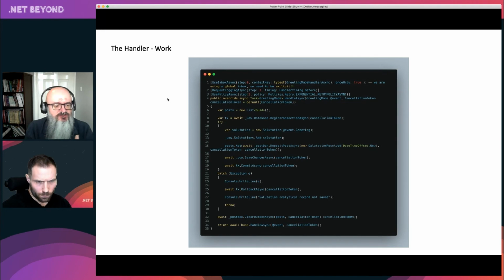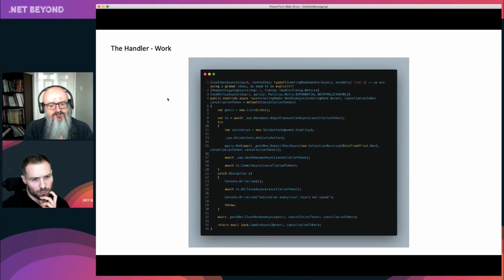Now here, we're just doing some typical thing that you might do. There's a little bit of complexity around that outgoing message. So in line 8, what I'm saying is begin a transaction. In line 11, I'm saying, hey, I'm going to create an entity based off the message I've received. So I'm saying, hey, you sent me a hello world is what it's actually doing. This is an example. You can find an example in our samples of Brighter. And I'm going to record that I received this greeting. I'm going to add it to my list of greetings that I've received in line 13.